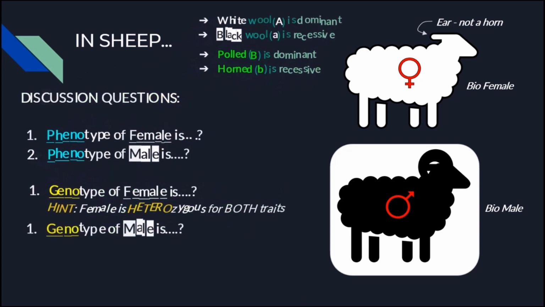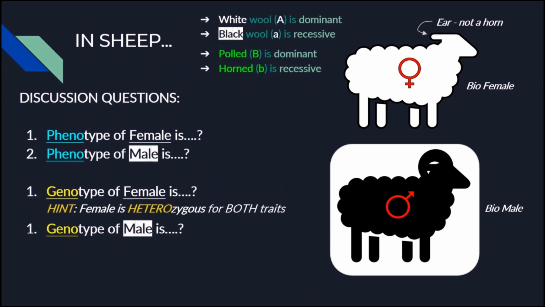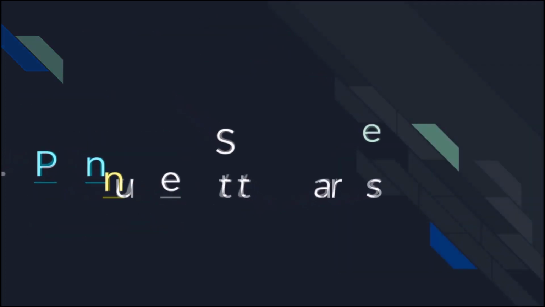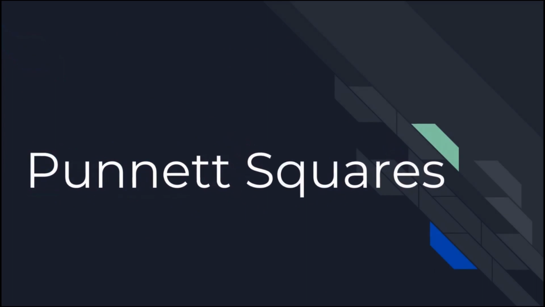Your discussion questions are going to go over what phenotype is the male versus the female, and what's the genotype of the male versus the female, keeping in mind that we know for a fact, just because I'm telling you right now, that the female sheep is heterozygous for both traits. After answering those couple of questions, you're then going to move on to practicing developing Punnett squares, both monohybrid crosses